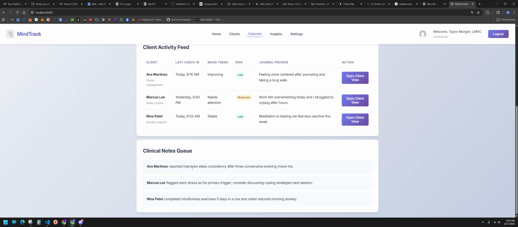I think the simplest form would be sort of a chat. So the client or the person is typing this up in their page, and then the therapist will see what this person is typing up, as long as it's stuff that's supposed to be shared with that person. So let's say Ava is keeping track of her stress or sleep.